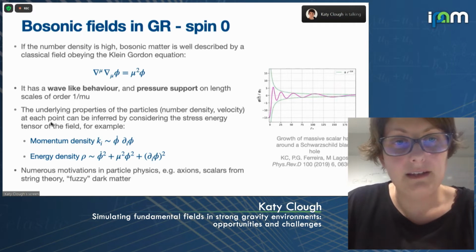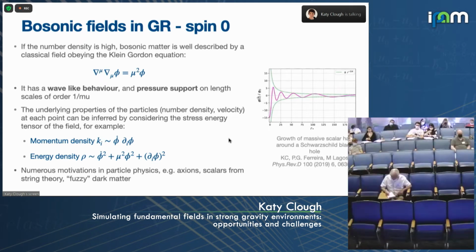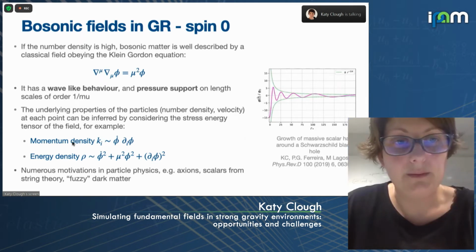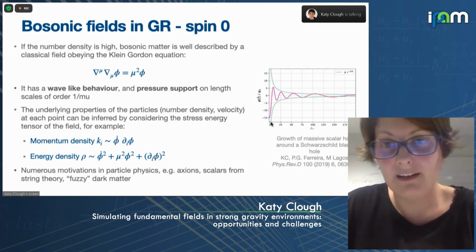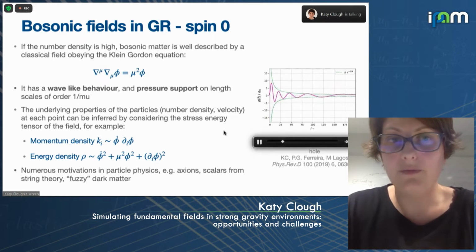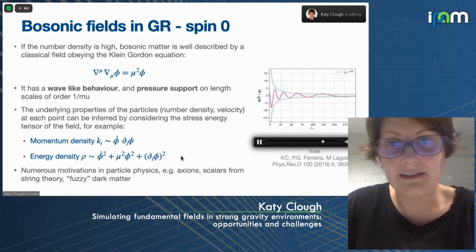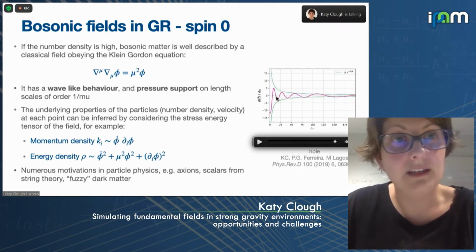I think it's easy to read off from the simulations of the scalar field the physical properties of the fluid. For example, the momentum of the field and the energy density can just be recovered from these quantities. So again, let me play the movie again. I think it's obvious from this what's happening. Your amplitude is increasing, so this tells you that your energy density is increasing. Your gradients are increasing here, so it's telling you it's moving faster as it comes towards the black hole. This is exactly what you'd expect from accretion, but seeing it in the scalar field picture, it just looks slightly different.